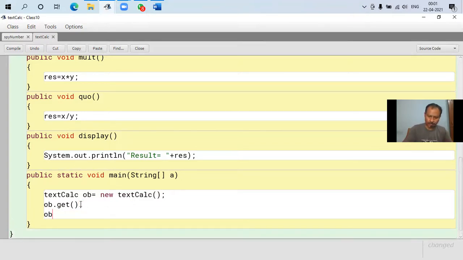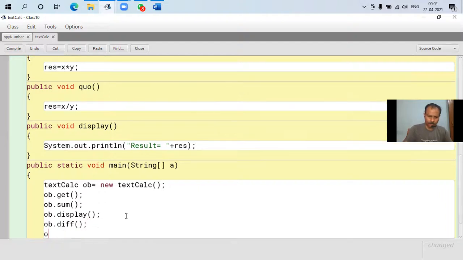Then we need to get the sum. We have calculated the sum, and then we need to display. We are going to show the result. Then again we find the difference, and then we display again.